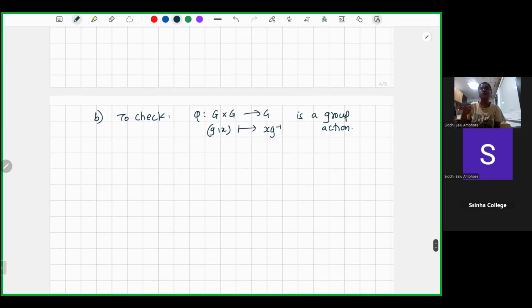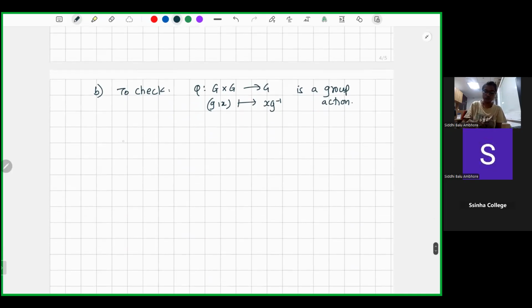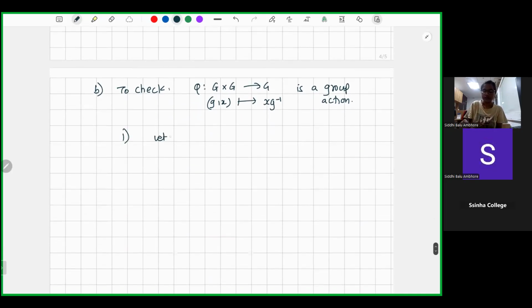And again, we have to go with these two conditions. That is, let X belong to X, then phi of E comma X